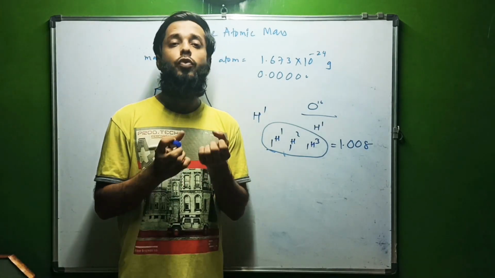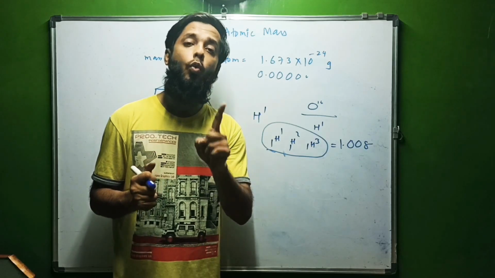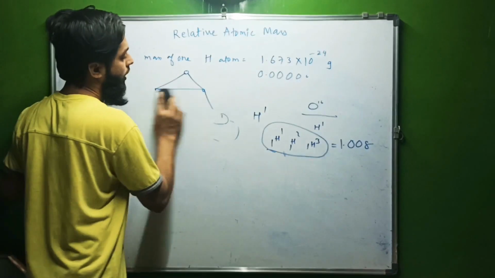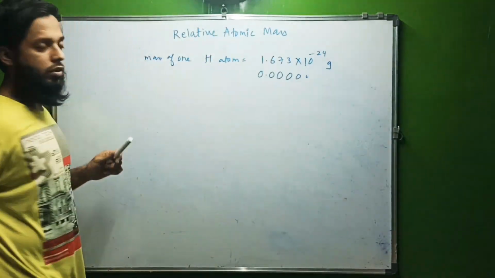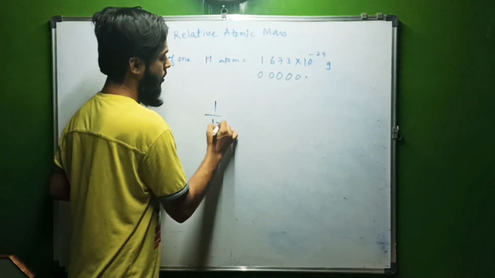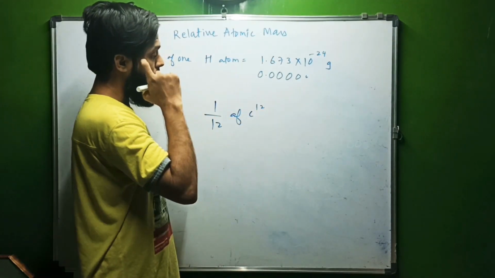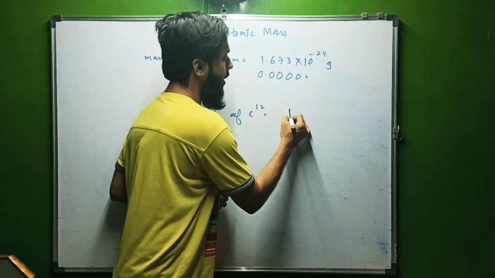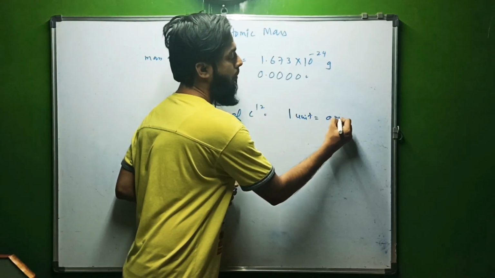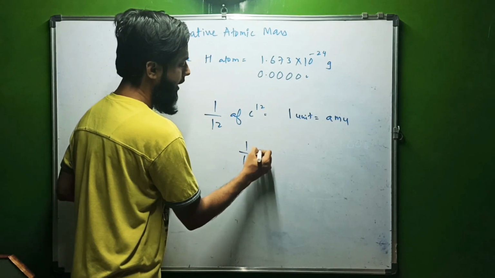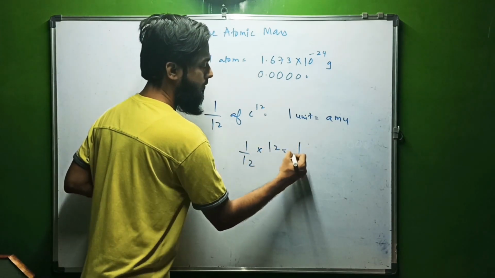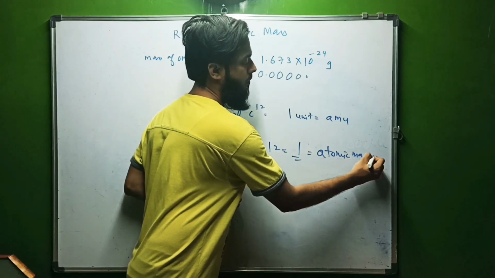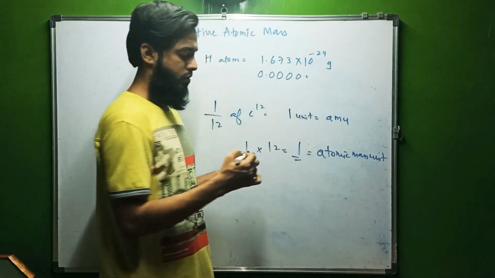So they wanted some kind of reference which is having 1 unit mass, and then they came up with the idea known as 1/12 of carbon 12. So 1/12 of carbon 12 is having a weight of 1 unit, which is known as the atomic mass unit, because when we divide the weight of carbon 12 by 12, so this was about